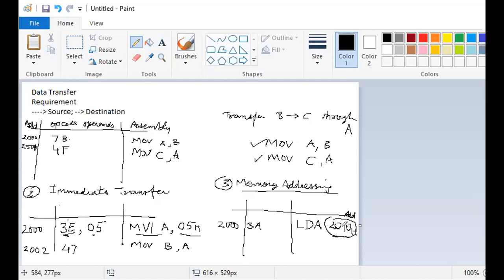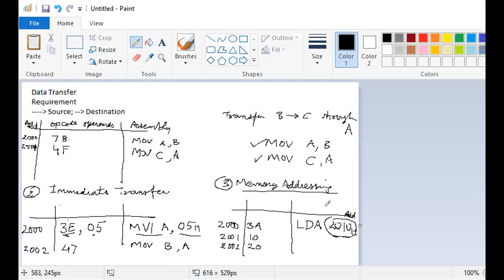The address is 2 bytes: the low byte will be stored at the low address and the high byte at the high address. So 10 will be stored at address 2001, and at address 2002, the number 20 will be stored.